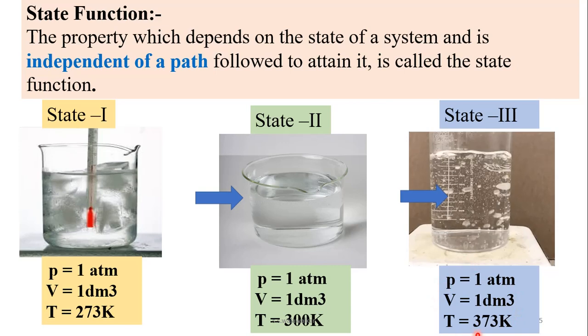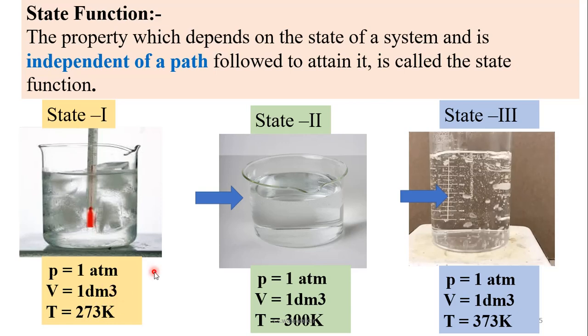These three parameters, thermodynamic parameters, you may call them state functions. These three are the state functions, and these state functions define what? The state of the water, that it is boiling water, and that is indicated by these state functions. So a state function depends upon the initial state and final state. Suppose this is the initial state, that is state 1. Then in state 1 temperature is 273 Kelvin, volume is 1 dm cube and pressure is 1 atmosphere.